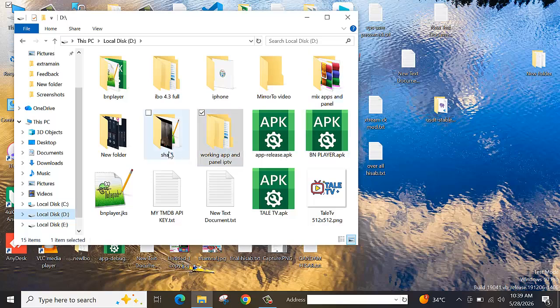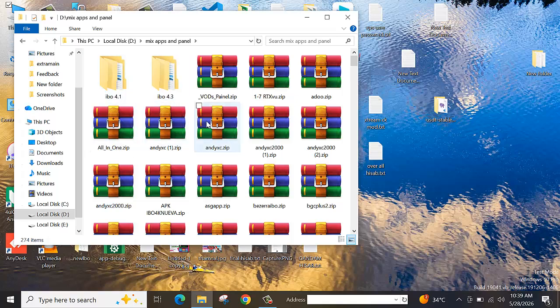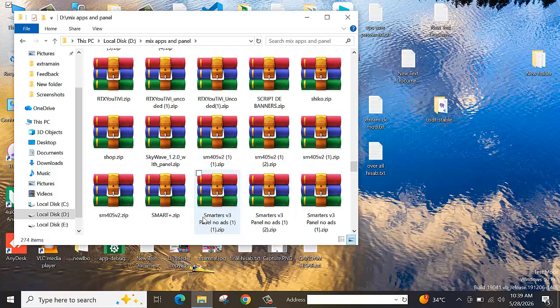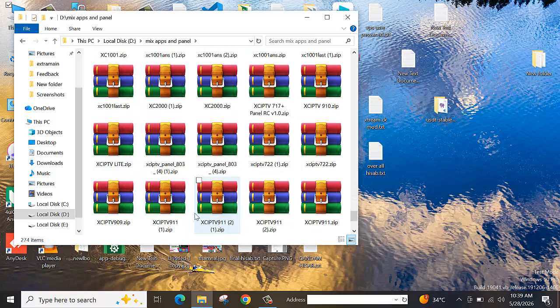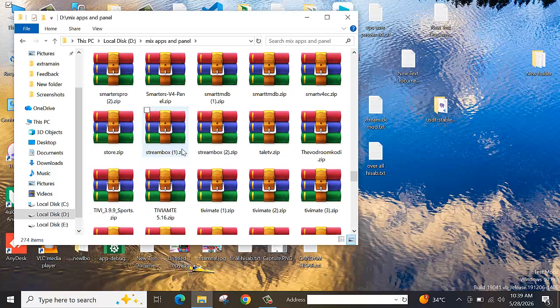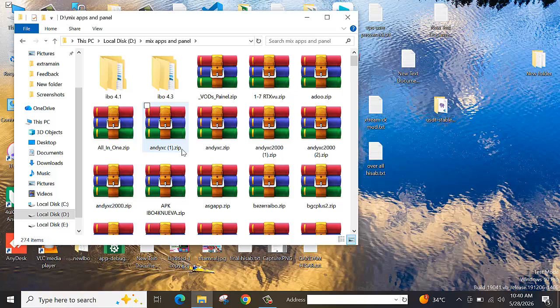and I'm going to this mix app and panel, and you wind up all zip files and this panel with everything for XC for 2002 variant is all I have this in, for example is IPTV Player, XC, Smarter, IBO, everything I have this, and anyone